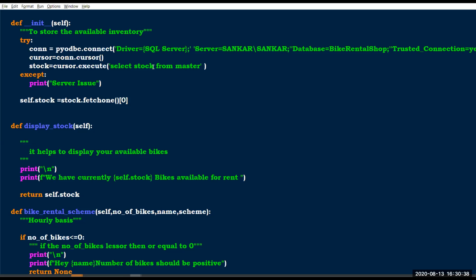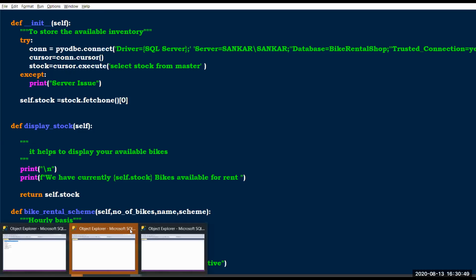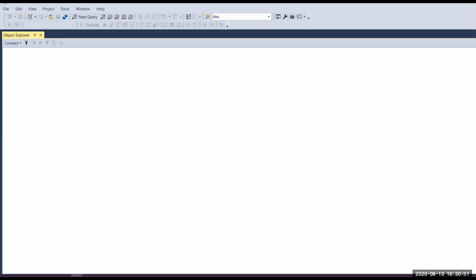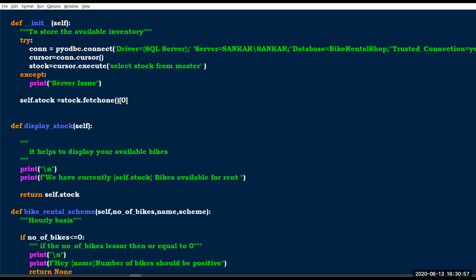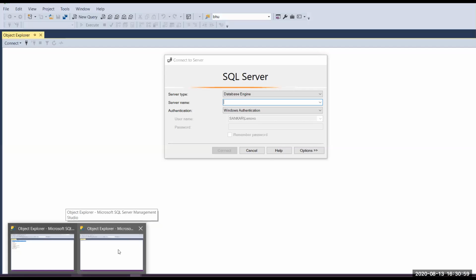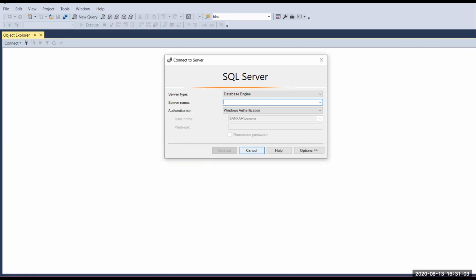Each bike will be counted in and out. First I'll explain the program, and after that I'll explain what tables I have.